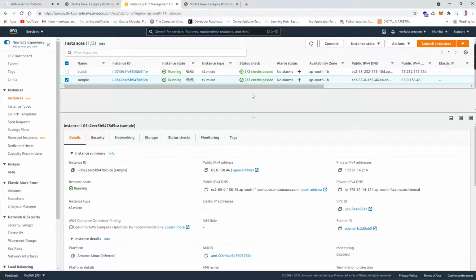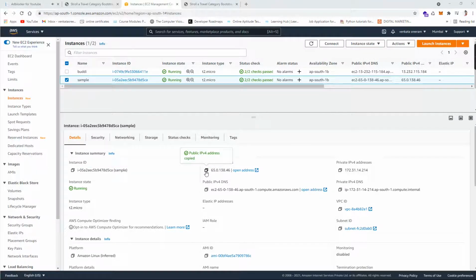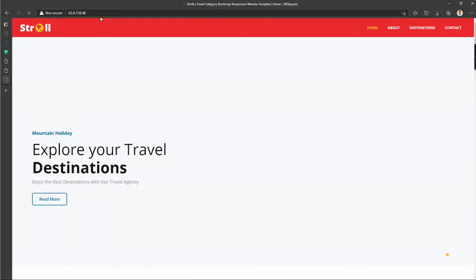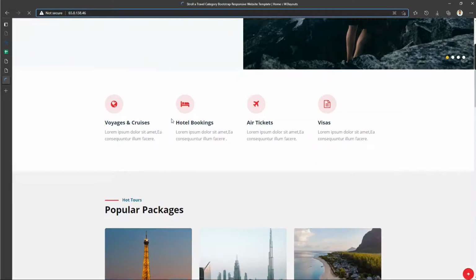You can see the IPv4 address, and copy that IPv4 address. If you are using any VPN services, it is better to turn off that VPN. I can paste this IP address, and after pasting it you can clearly see that our website is now live in the Amazon Web Services cloud.